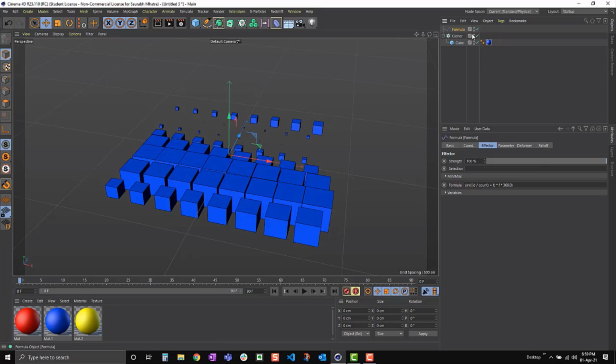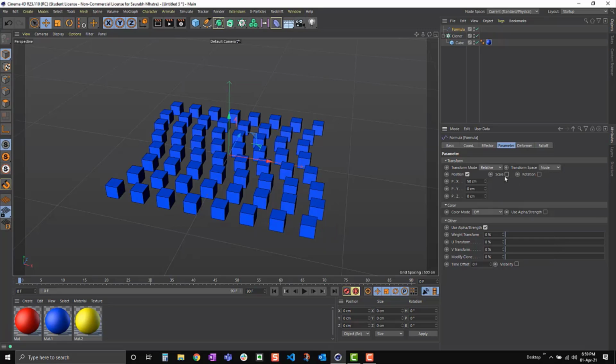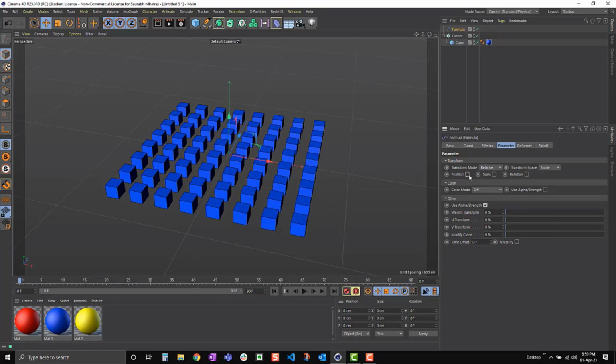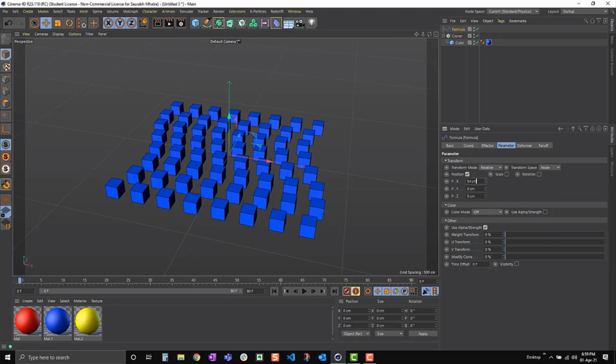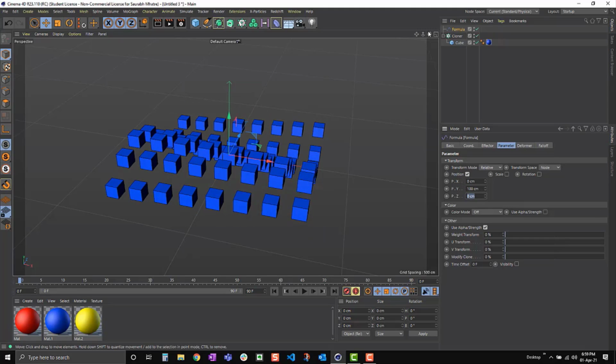Right now if you go to formula, if you go into parameter, you can see the position and scale are affected. You can choose to affect one or all of them. So let's just look at the position. Maybe instead of x, let's see, we want to change the position by 100. If you see in your 3D view,